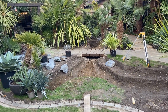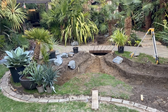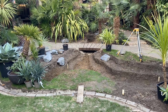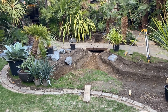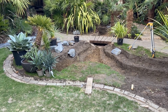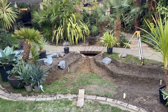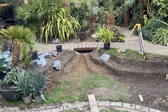But with all the other expense of all what I've got to do, and this pond I've got to create, and the lawn that's got to be done, and the paths that have got to be grouted, and the filters that have got to be bought, £1,000 pretty much for a palm tree. Now, I know that there's certain people out there that sell good quality smaller ones that I could probably get for about 300 odd pound. But going back to the no regrets bit, would I look at my garden all year for the next 5 years wishing I'd bought a bigger palm? Because they are a beautiful palm, but they are very slow growing, especially in a UK climate where we don't get super hot summers. So